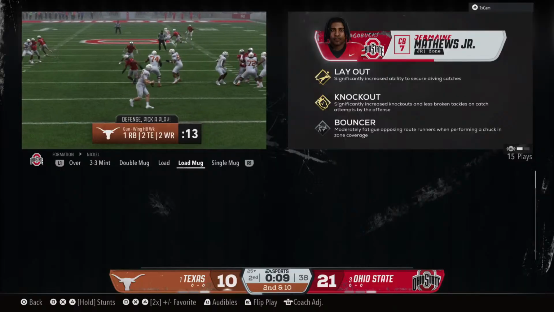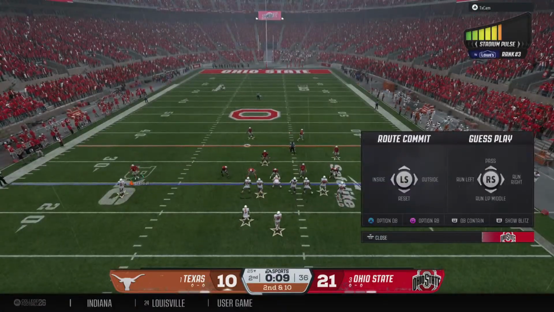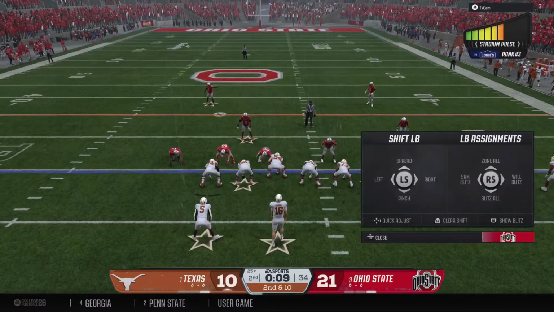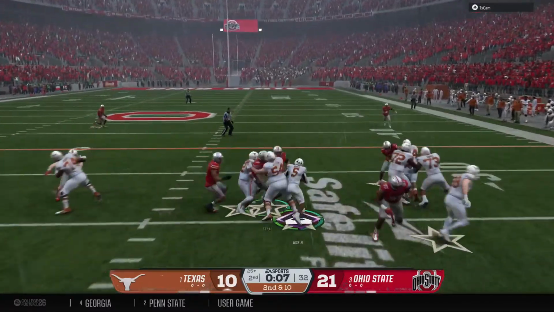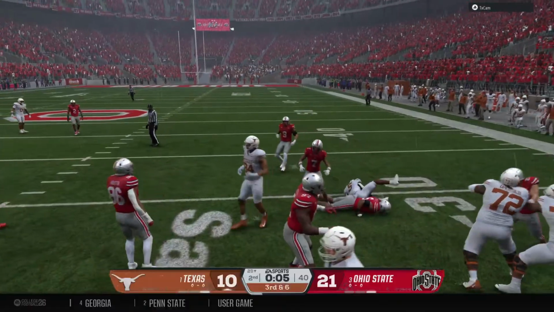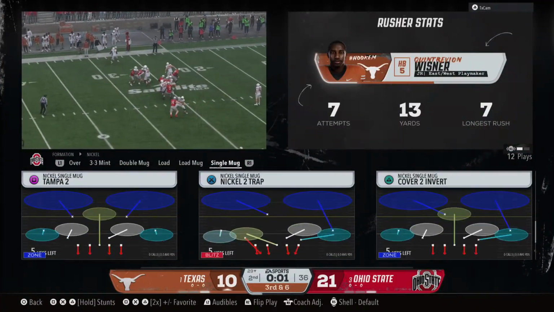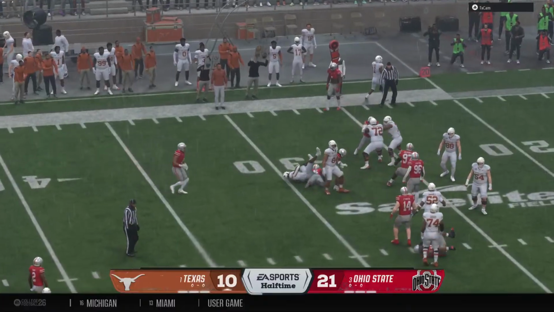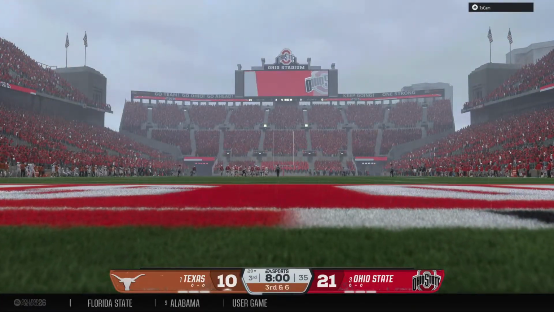Well, the quarterback did all he could here to try to make this play happen, but a sloppy route by the receiver allows the defense to easily step in front and knock that ball away. And they'll run it out of the shotgun. That's a solid gain. Moves the ball to the 29. And that will do it for the first half here. Kevin Connors now has our halftime update.